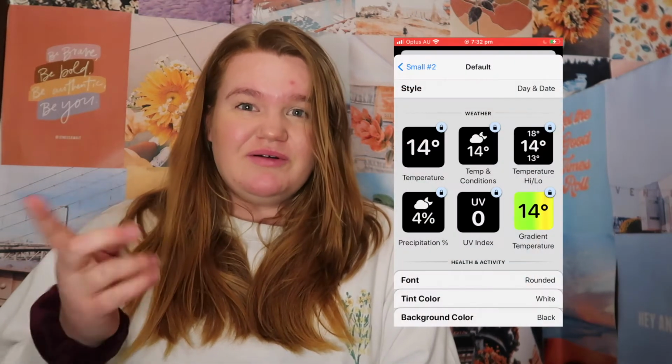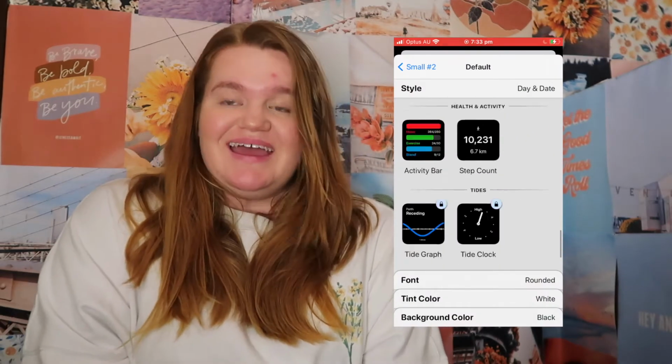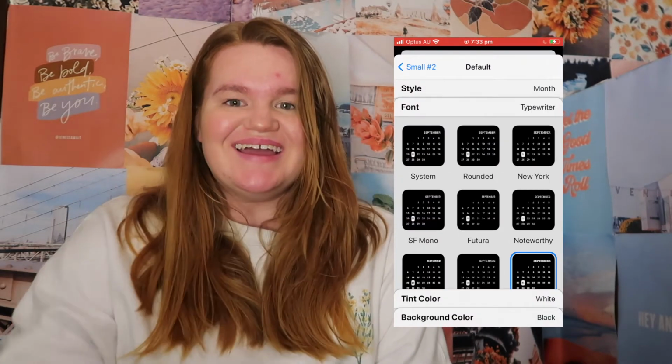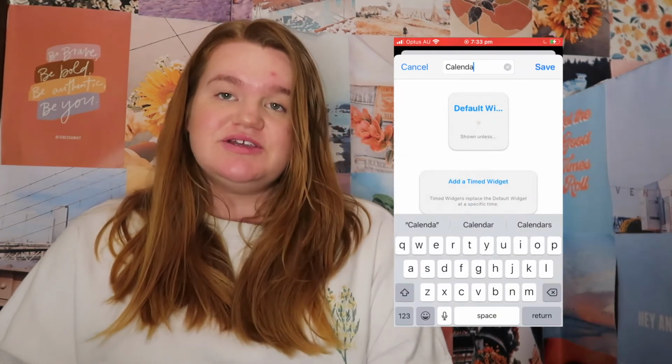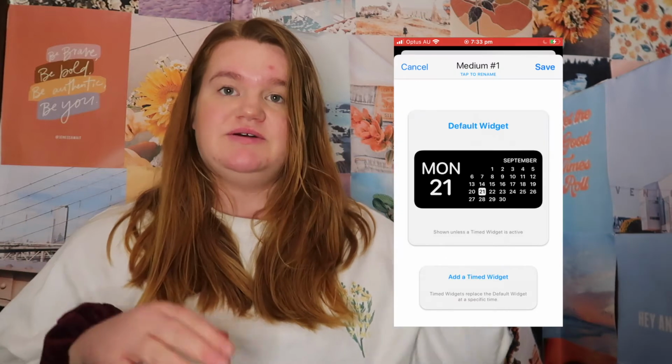So like I said, I only had 4 widgets on my home page. So the first one I added was the clock. For some reason I just like looking at a manual clock, I think they're called. I think they're really cool and old-timey, and I like historical things, so I added the clock to my home screen. The next one I did the calendar, so I did the medium-sized calendar, so it had the date written